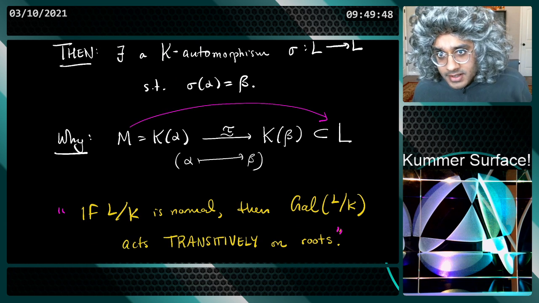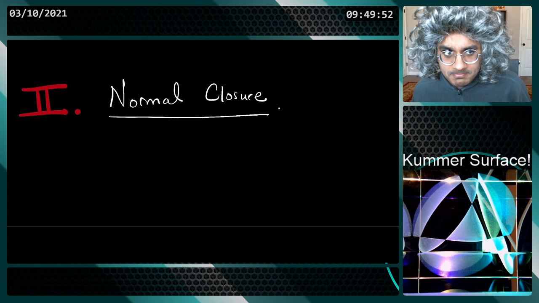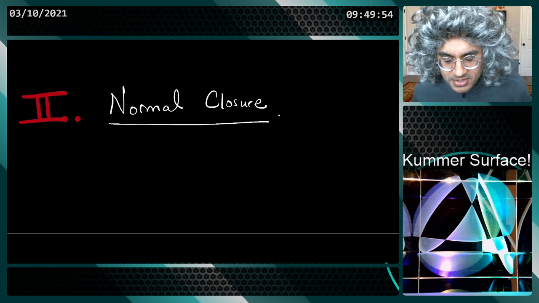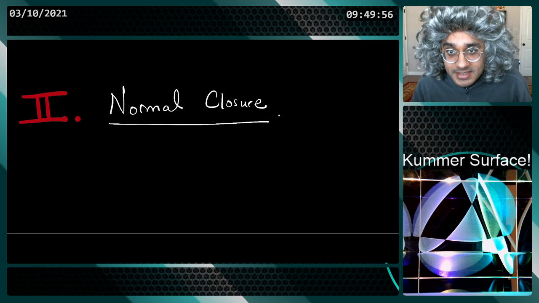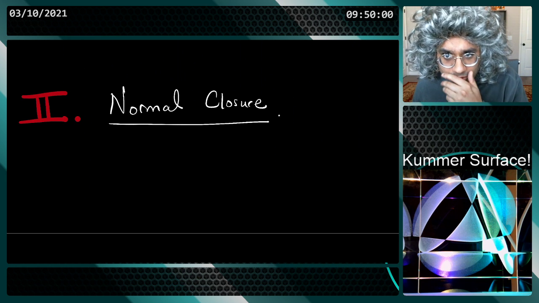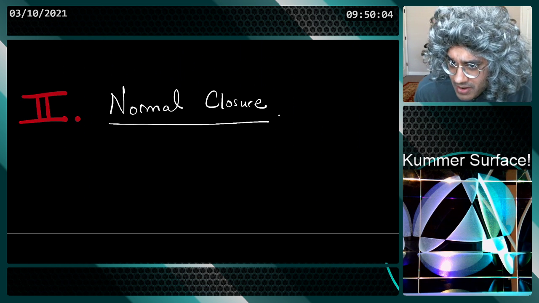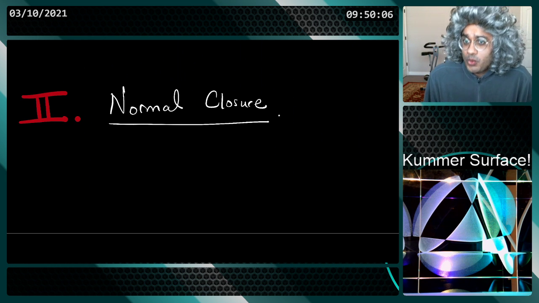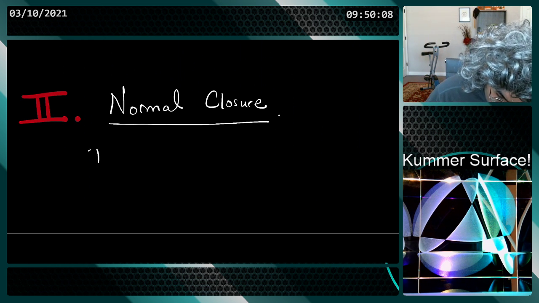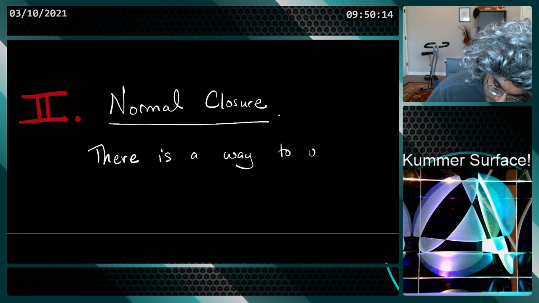You know, the Galois group acts transitively on the roots. The Galois correspondence starts to be true as long as you also have a separable extension, which will not be an issue for us. So, when you don't have a normal extension, is there a way to upgrade? I'm going to write a sentence here. There is a way to upgrade